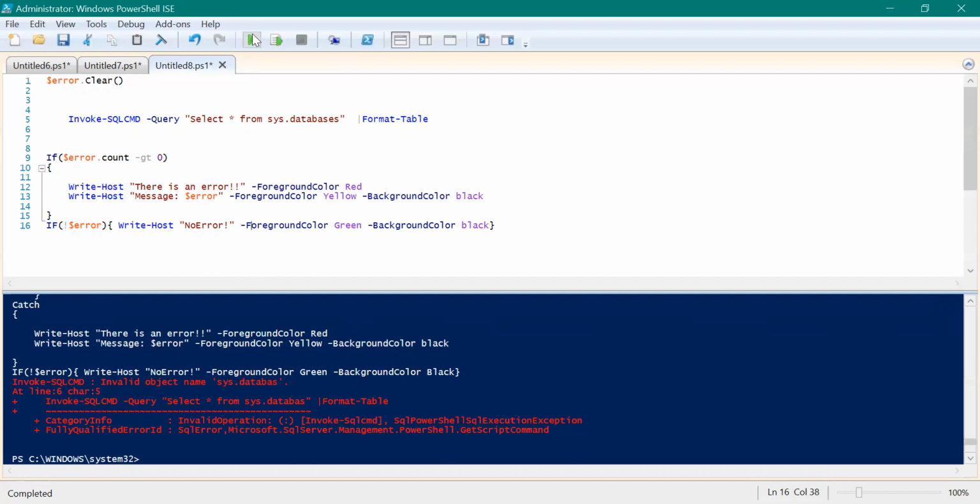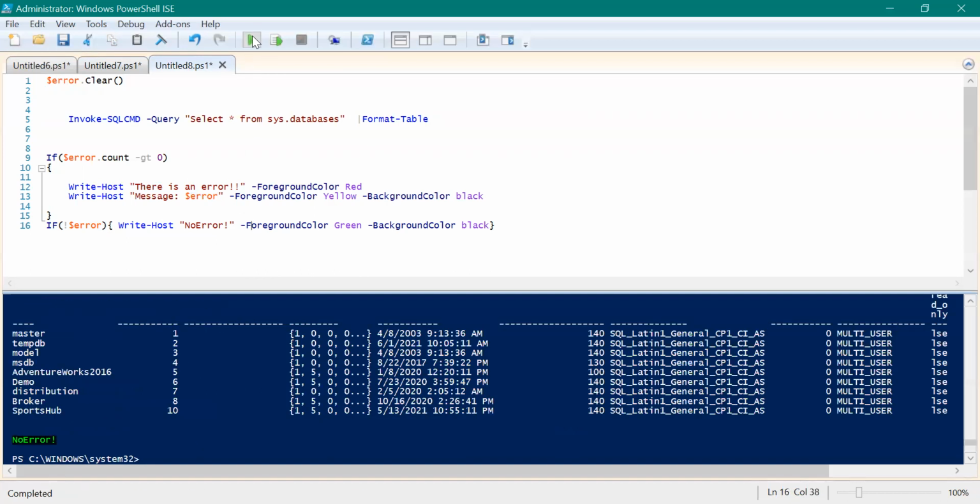Okay, let me go ahead and execute this. And there is no error. It worked as expected, but if there is no error, then there is no error handling. But what if there is an error? Let me do the same thing and remove the E and S from the end. Now there is no such object in the database with the name sys.databases, as E and S from the end is missing, right? So this time it will definitely throw the error. But what we have to see is whether it will go inside this block or not.